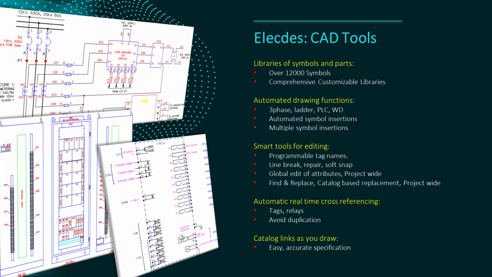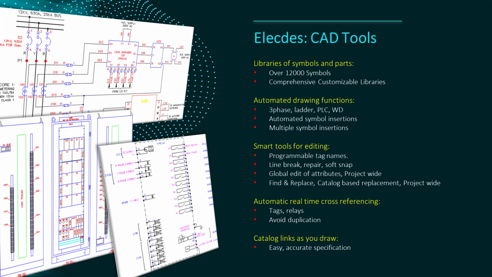Electez CAD tools include large symbol libraries and intelligent insertion, construction and editing tools to help assemble your circuit diagrams. Electez provides propagation of component data between related components, duplication warnings, and easy component family and subcomponent management. All Electez component names are programmable. Electez will also check your component names against a set of rules.